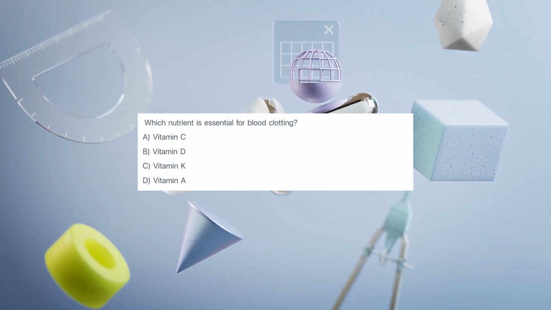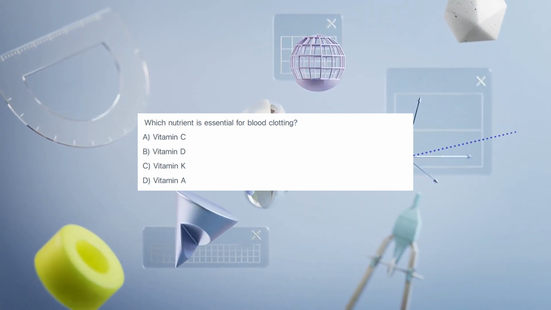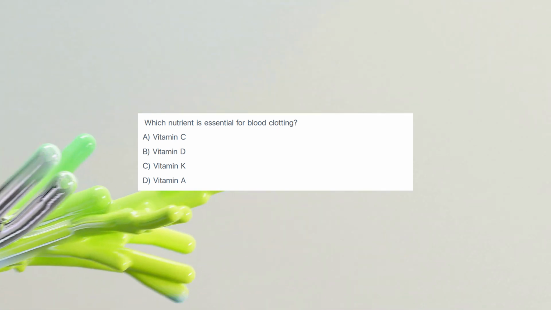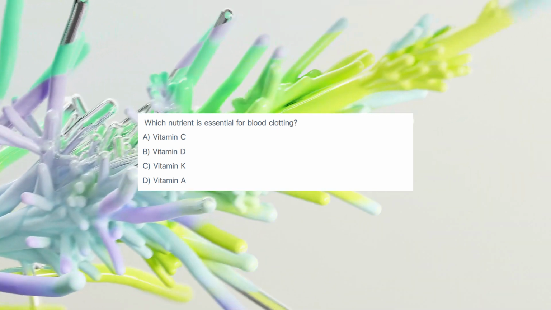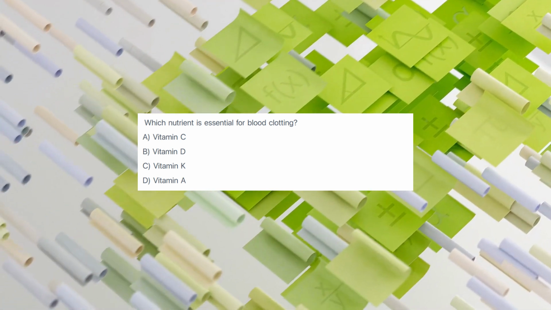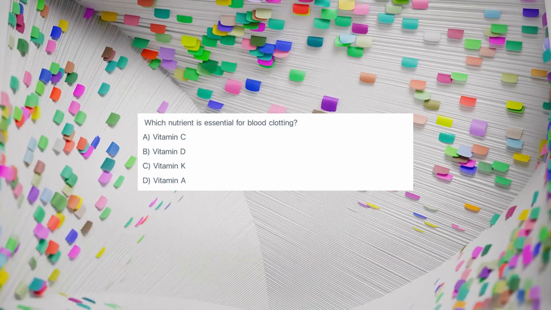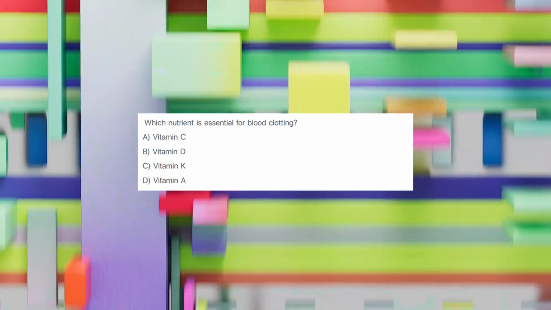Which nutrient is essential for blood clotting? A, vitamin C. B, vitamin D. C, vitamin K. D, vitamin A. Answer C, vitamin K. Explanation: vitamin K plays a crucial role in the synthesis of several blood clotting factors in